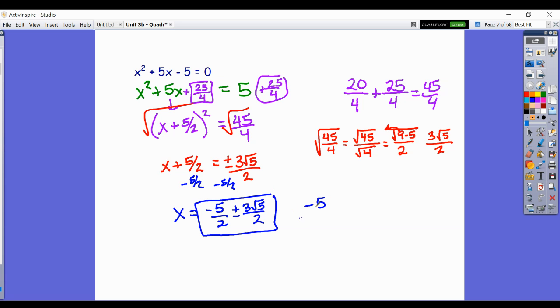Or because it's a fraction with a common denominator of 2, we can sandwich them together like this and have them both be over 2. Or you could write them as separate ones, or you could put the square root first. There's many different variations, but make sure your plus or minus stays on the 3 root 5. We cannot add any of these front numbers and